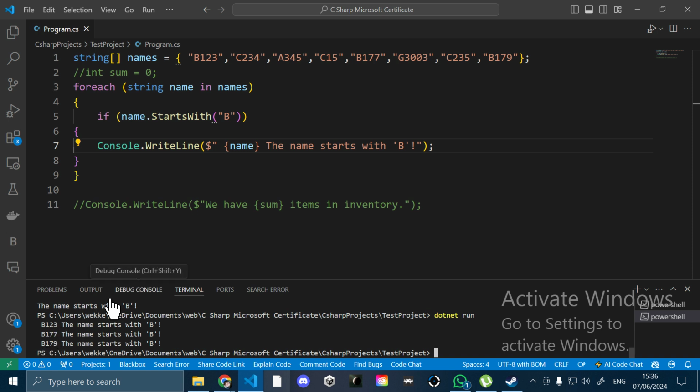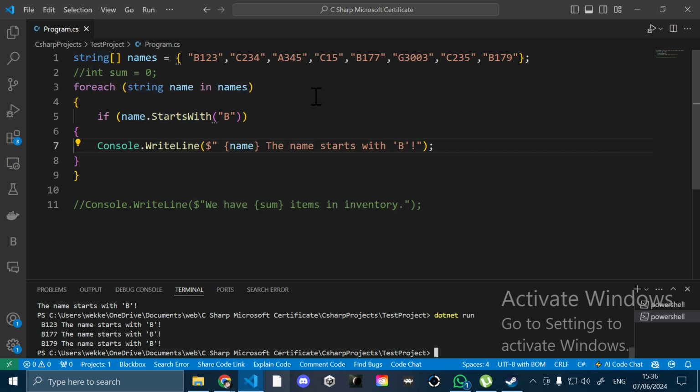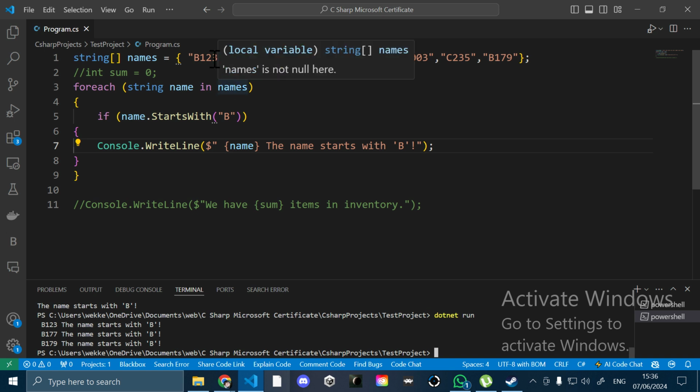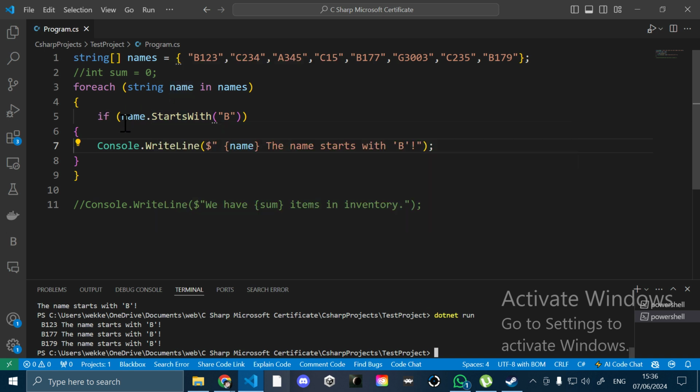So it works. The name in names was working, so this is how it works when it's a string. I had to put all the data in. I made a string array with all this information. We start at 0. We look at B123. We put it into name. Then we go to this if statement. The if statement says if name